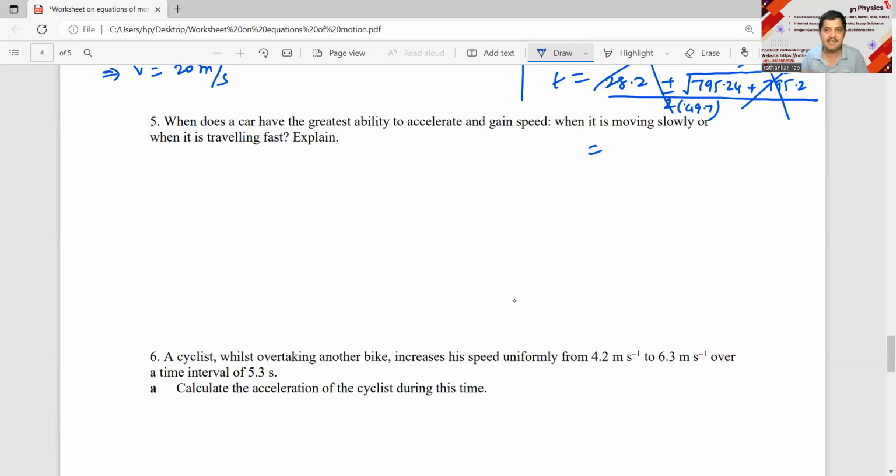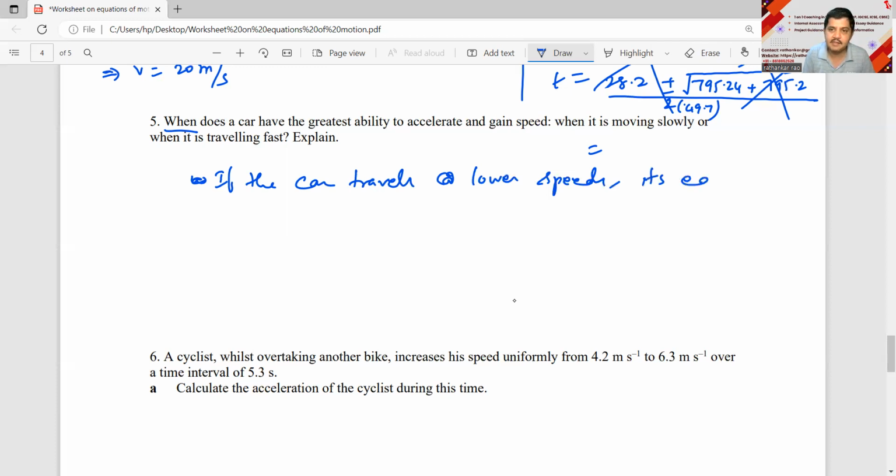While when you're traveling at a lower speed, the air resistance is much smaller. So it's easy for you to increase your speed with the same acceleration at lower speeds as compared to higher speeds. Now, what do we write? We have understood the logic here. We need to write: when does a car have the greatest ability to accelerate? He is asking you the command term when. If the car travels at lower speeds,